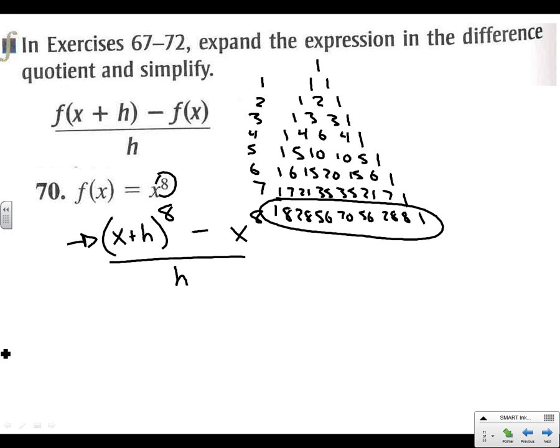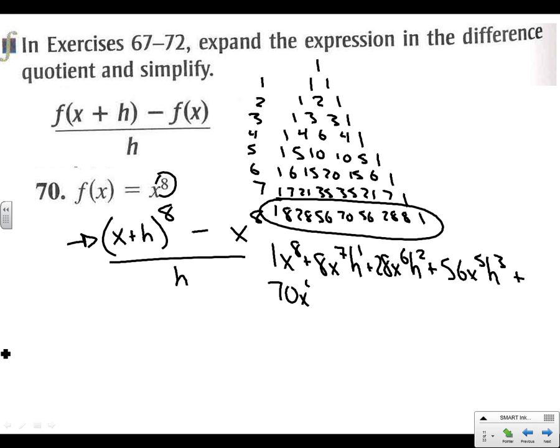A lot of work going on in here, but at this point now here we have all our coefficients, and so we're just going to plug these in. So we'll start with 1 x to the 8th and h to the 0, so we won't put that in for now, plus 8 x to the 7th, h to the 1st, plus 28 x to the 6th, h to the 2nd, plus 56 x to the 5th, h cubed, plus 70 x to the 4th, h to the 4th, plus